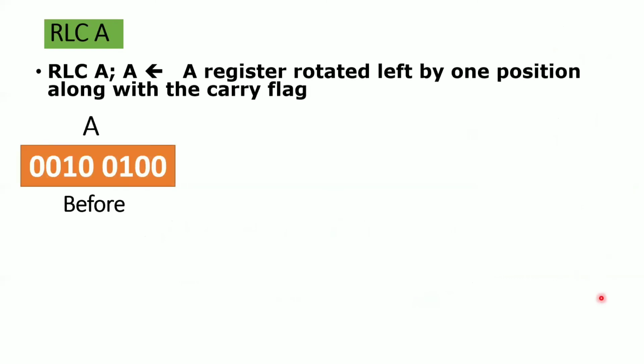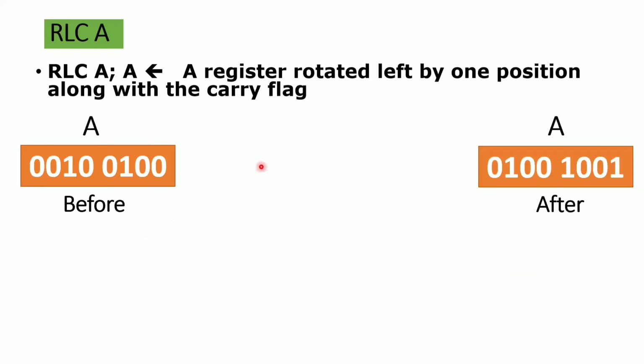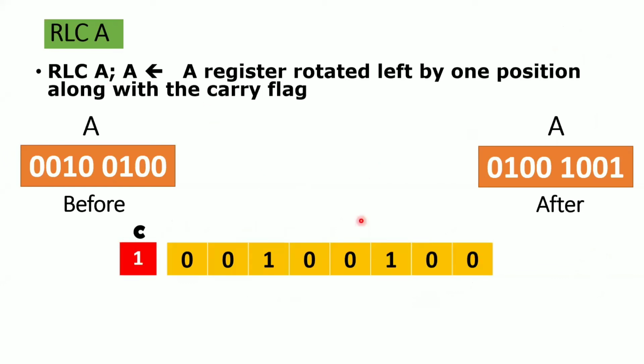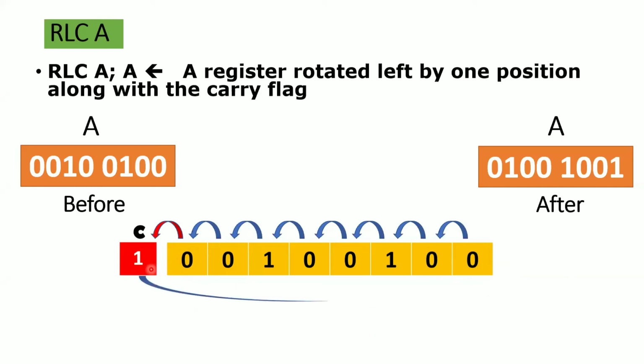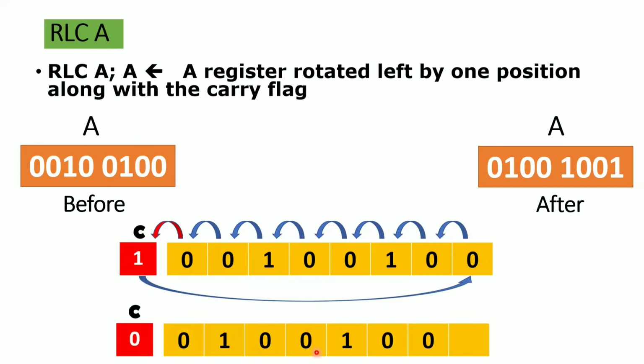The next one is rotate left with carry. This is somewhat tricky, but not that much tricky. Whenever you perform a rotate left operation, you perform the rotate left operation along with the carry. That is the meaning here. In the normal operation, the MSB bit will go to the carry flag, and the MSB bit came to the LSB. But here, the carry flag bit will come to the LSB position. That is called rotate left with the carry. So along with the carry, you are going to rotate this bit. Now this is the value you will get here.